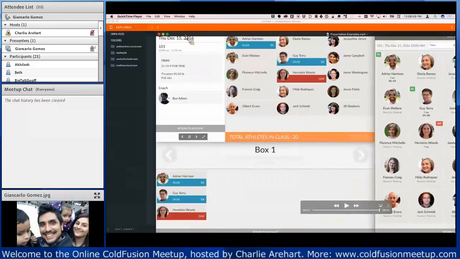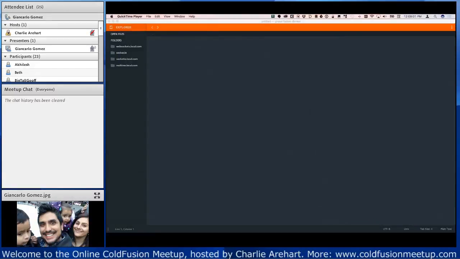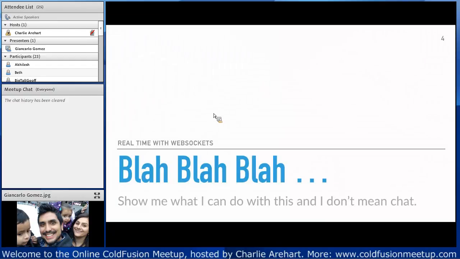So that kind of gives you an idea of what you can do with WebSockets. Now the thing is, how can we do it, or how can we begin to do these things? And to get